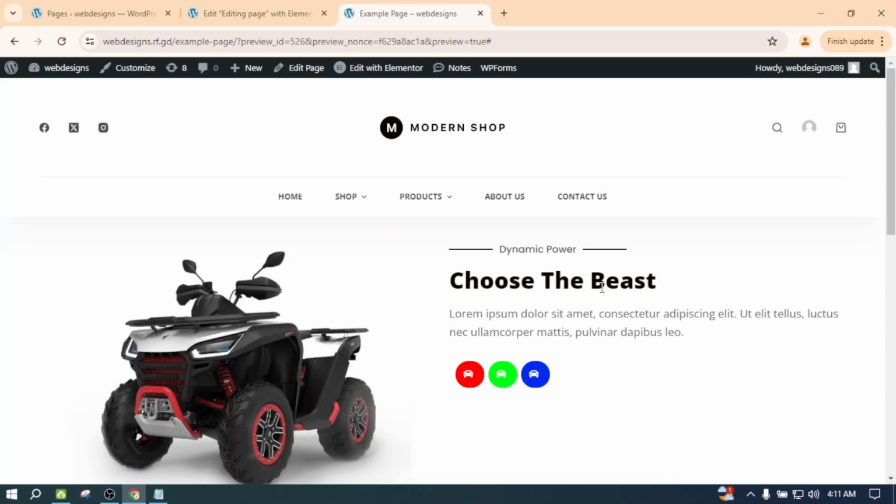This video is about click button to change image color using Elementor. For example, I'm talking about this. When I click on the green button, the image becomes green. When I click on the blue button, the image becomes blue. And as same as when I click on the red button, it becomes red. So let's jump into the editing page and find out how we make click button to change image color using